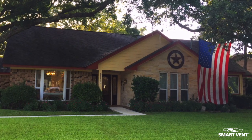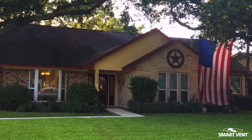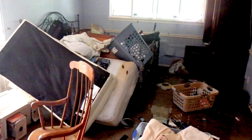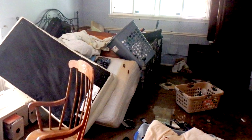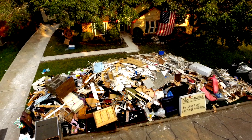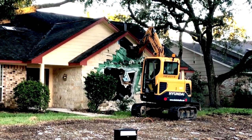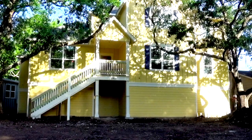It was a one-story house basically down below us with all brick, and this is our second time to flood. We survived Hurricane Harvey, but the house did not. After 20 years, we know it's going to flood again, so we made the gut-wrenching decision to just tear it down and start over. And we're standing up on the front porch, which is about 10 feet up in the air,